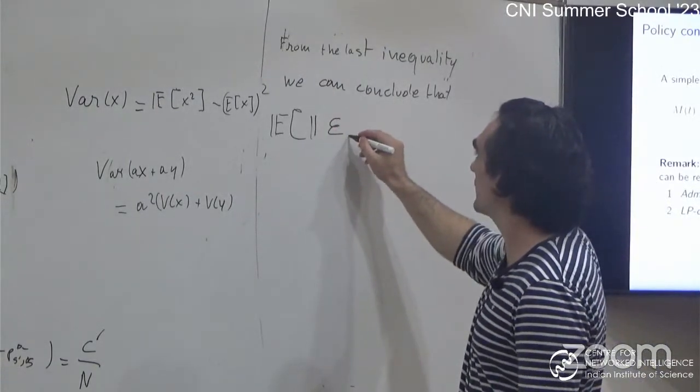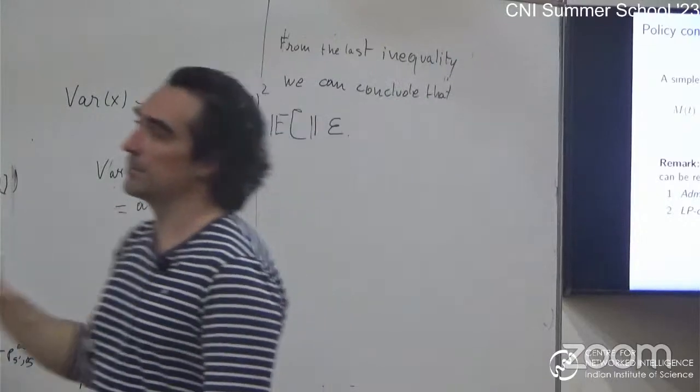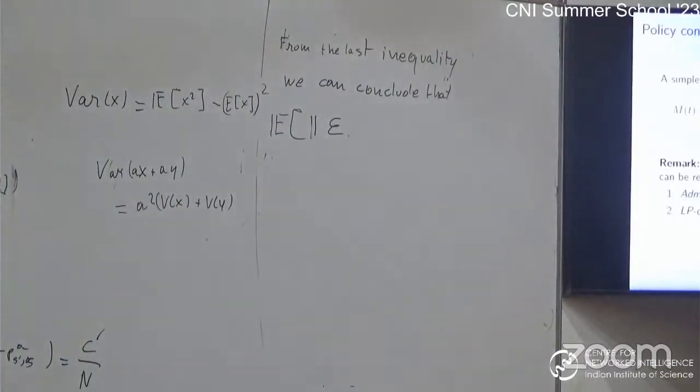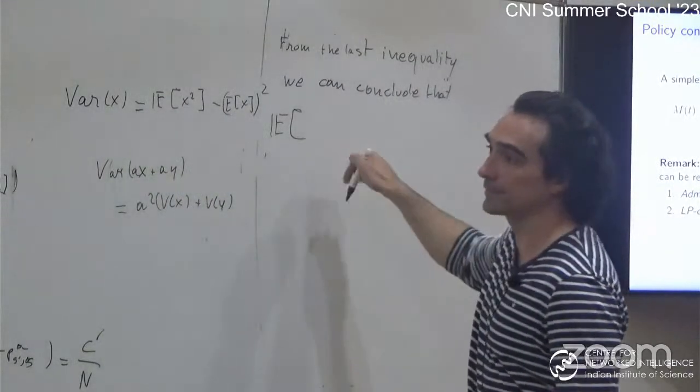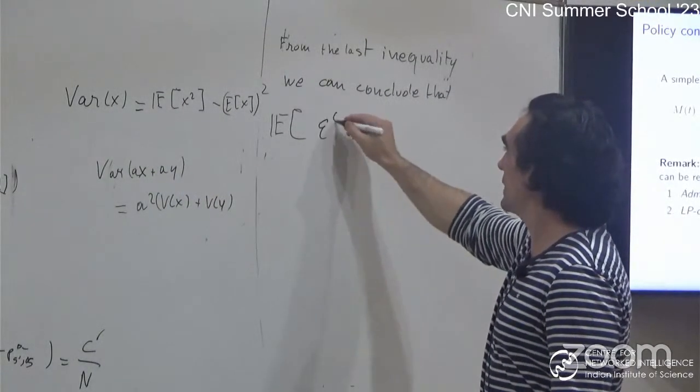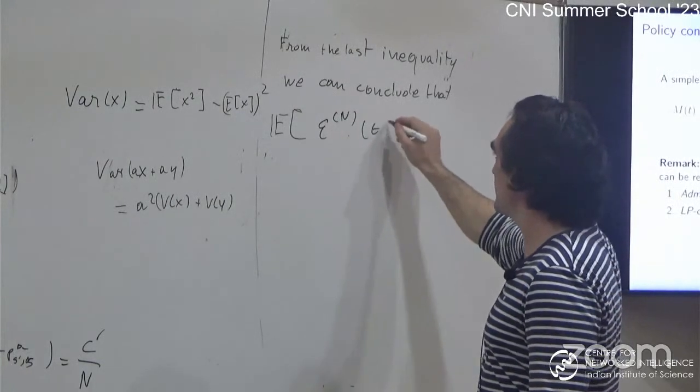So basically, what's happening means that here, everywhere I'm taking the norm 1. Right? So the expectation of epsilon a of t